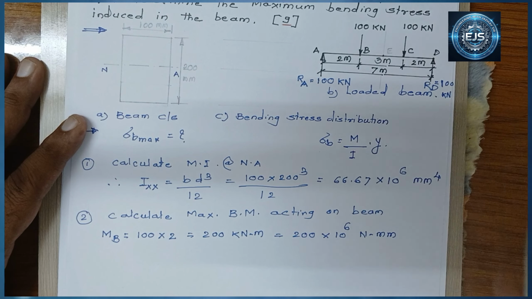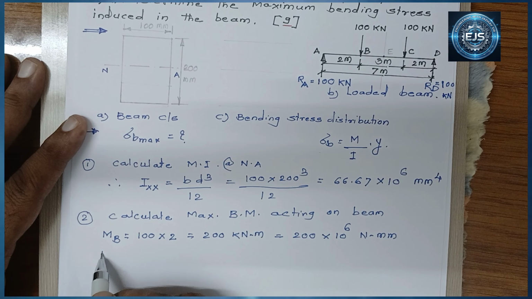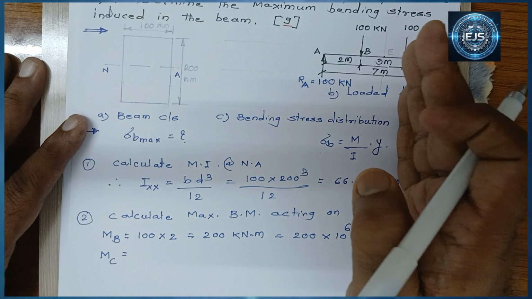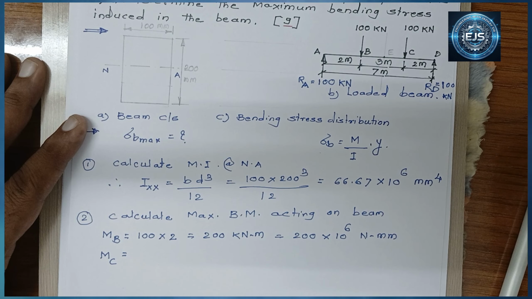So this is the bending moment at point P. Similarly, if we take the section at point C and consider the right part of the section, then